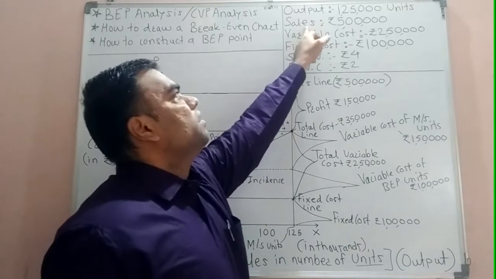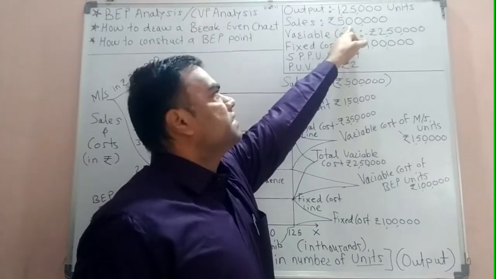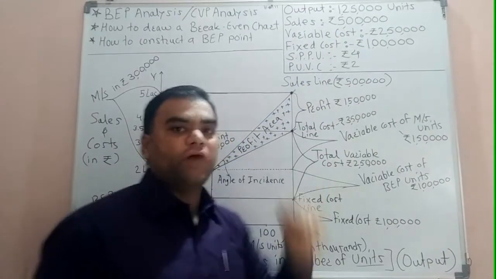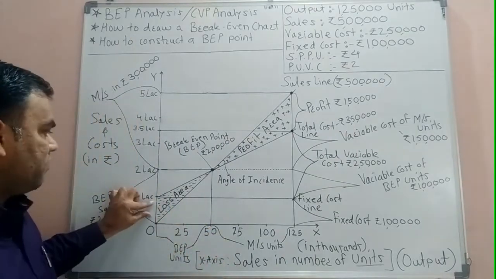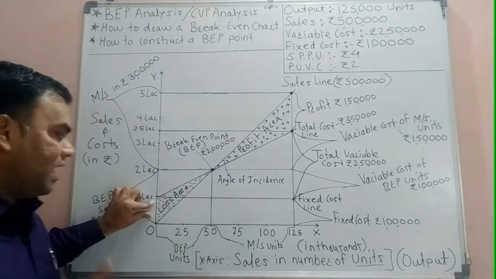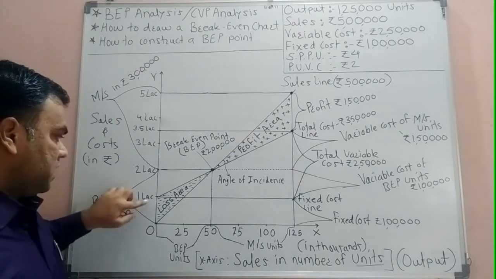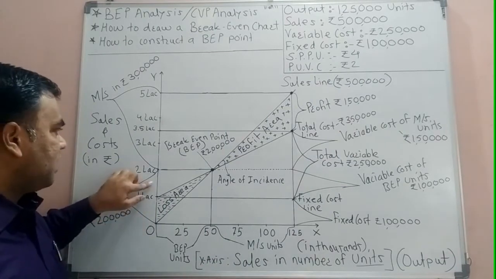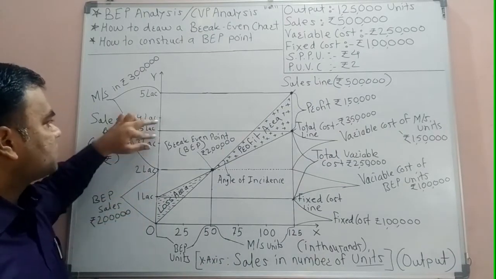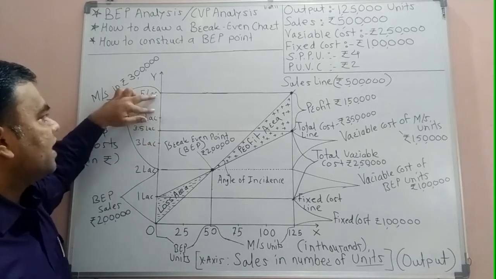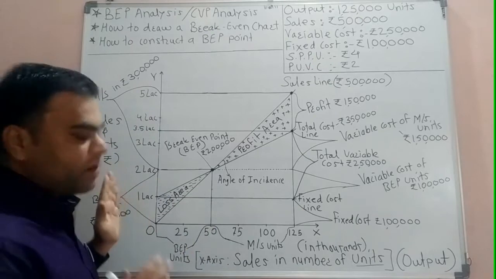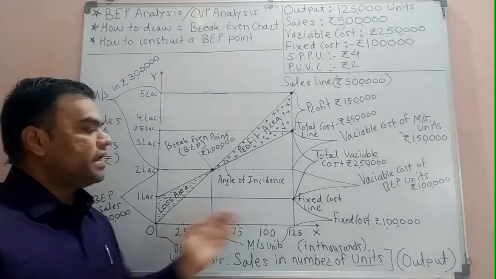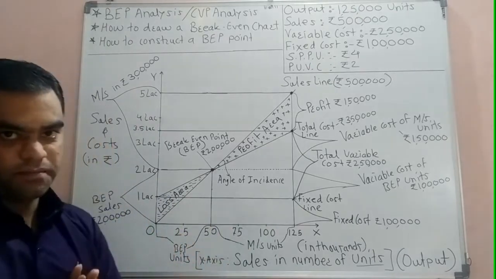And if you divide sales by 5, then 5 lakh divided by 5, the result will be 1 lakh. So the difference between y-axis points will be 1 lakh. So the first point 1 lakh, plus 1 lakh 2 lakh, plus 1 lakh 3 lakh, plus 1 lakh 4 lakh, plus 1 lakh 5 lakh. In total we have drafted 5 points on the y-axis and 5 points on the x-axis.